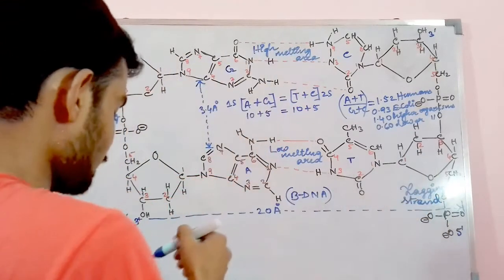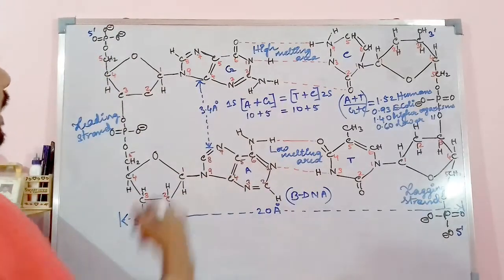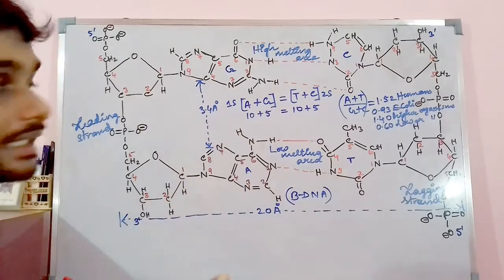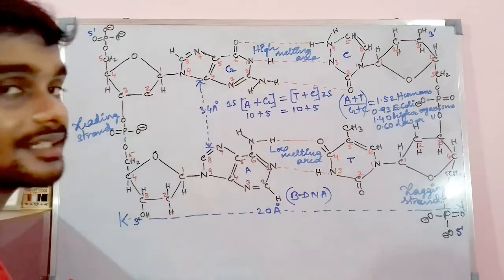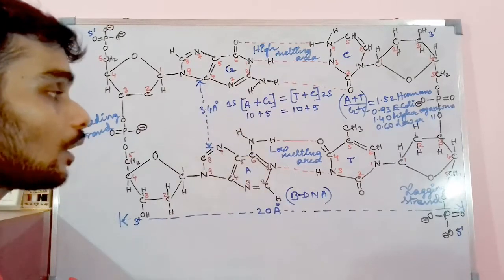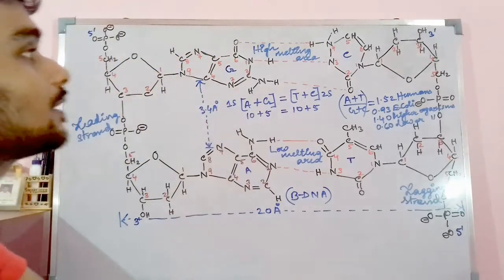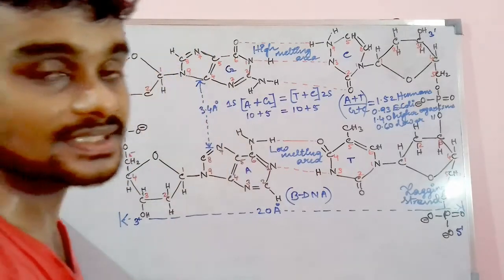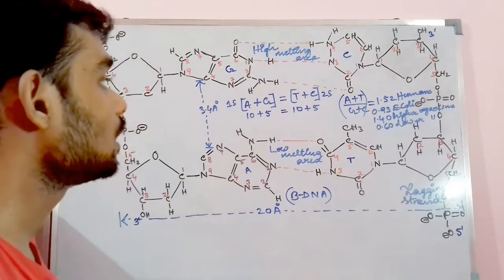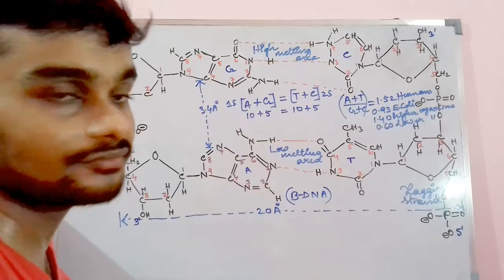And always remember, the base pairing is complementary. That is, this adenine is complementary with thymine only, and guanine is complementary with cytosine only. So the base pairing would obviously and definitely happen between two complementary bases. This is how the base pairing rule follows. So, in order to maintain the rigidity or stability of the DNA structure,